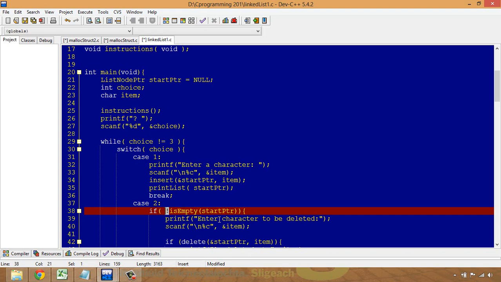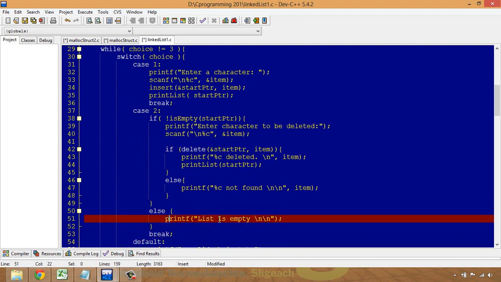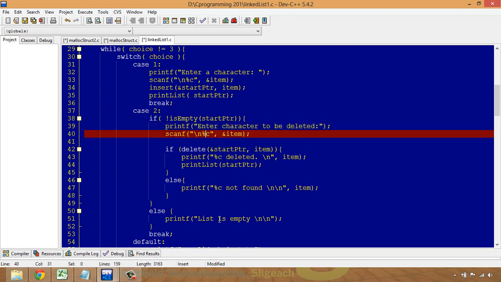But obviously, if it's empty, there's no point in doing that. Clearly, we just print out the list is empty, so you have nothing more to delete. So don't bother asking for a letter to look for. Okay. So if it's not empty, we ask for the character to be deleted, which character you'd like, and we